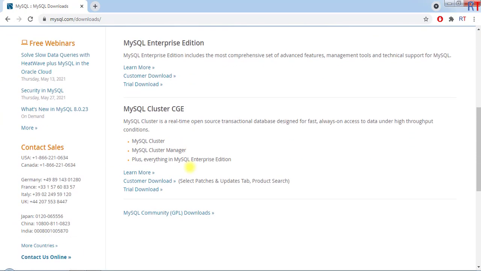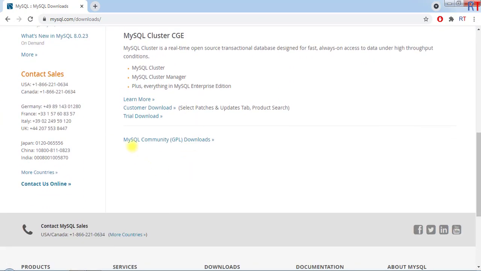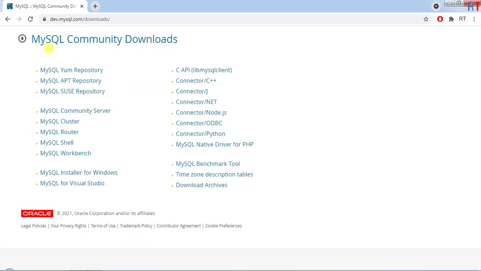down, and at the bottom we have the link called MySQL Community GPL download, and the GPL stands for General Public License. So we have to click on that link, and then under the MySQL Community Downloads we have the link called MySQL Installer for Windows. So we have to click on that,